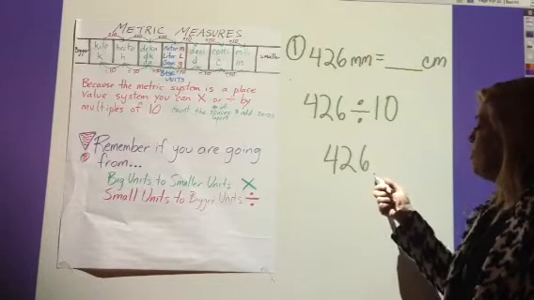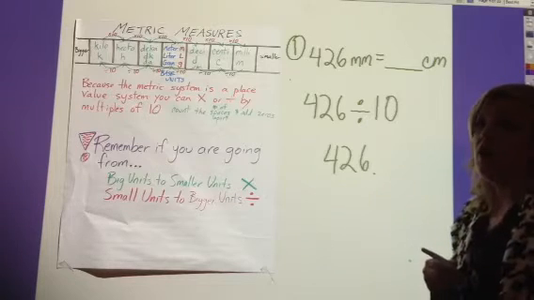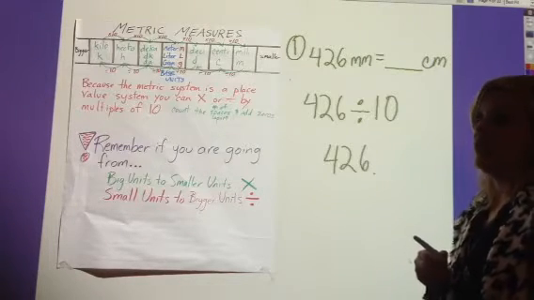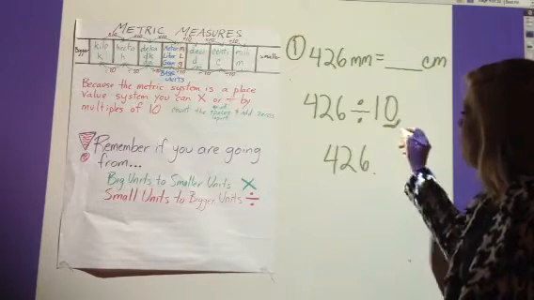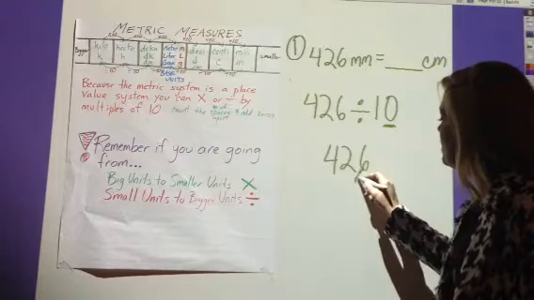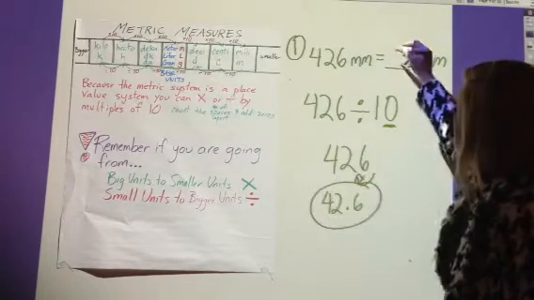So I'm going to move this decimal either to the left or to the right when I'm converting between the metric system units. I know my answer is going to be smaller. I'm going to move my decimal one space. That means I'm going to move it to the left, and my answer is